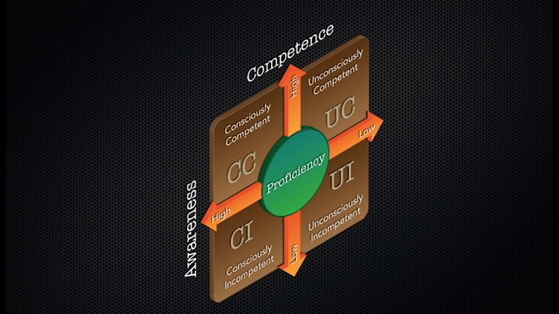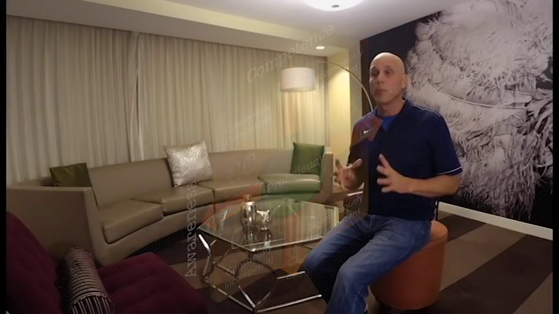Now, to help you get reference for this, think about a basketball player, right? Think about our professional athletes. They operate in this unconsciously competent realm, in this quadrant. This is the transformer. This is the guy who can work without even thinking about it because of muscle memory. Now, that unconsciously competent basketball player one day started as an unconsciously incompetent basketball player. He went onto the basketball court for the very first time, basketball in hand, and that day he learned just how incompetent he was. He was unaware of it before that moment.